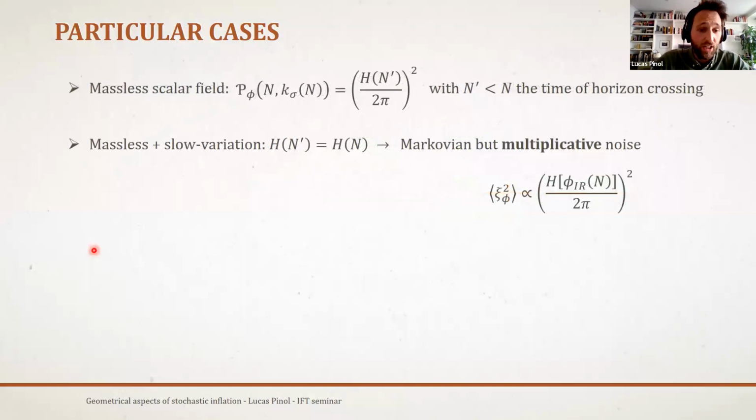Okay, that's life. Another approximation that you can add on top of this is that your background is slowly varying. This is not too strong an assumption in inflation, because we all want the slow-roll parameters, epsilon and eta, to be small. If you do this, then the Hubble parameter at the time n prime is almost like the one at n. And you can make the approximation that the stochastic process is Markovian, because now the noise statistics only depend on a function of the time n at which you evaluate the noise. But it's still what we call multiplicative, because the Hubble parameter is a function of the stochastic process at the same time. That's what we call multiplicative noise.